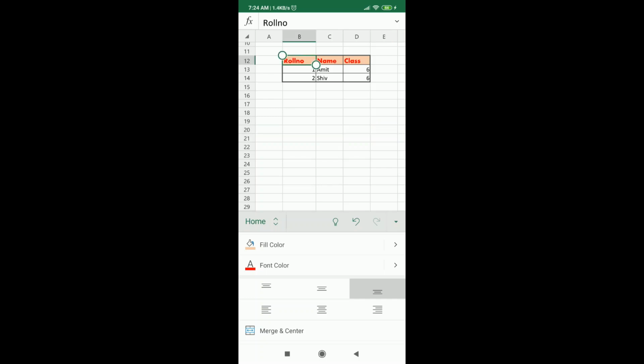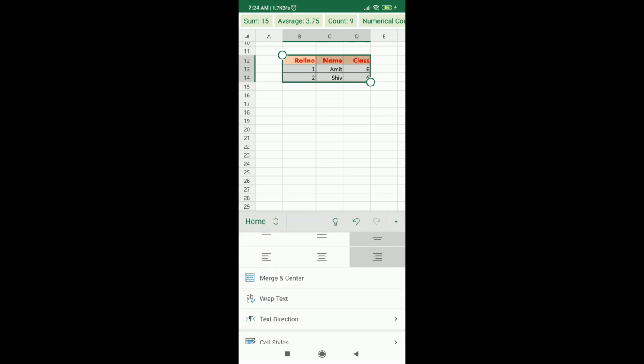Now let's do one thing. Let's look into the alignment. Here we have the alignments like this. This is the top, this is the middle, and this is the bottom. Then this is the left, this is the center, and this is the right. So these are the alignments.